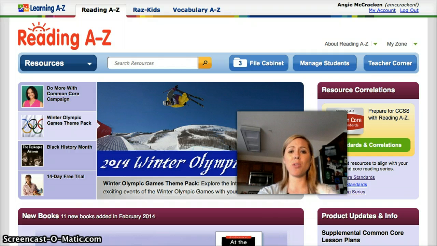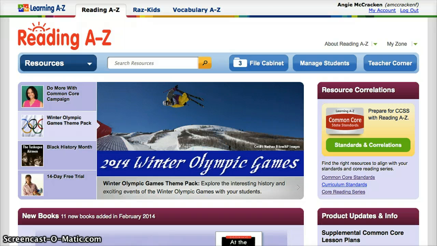I would like to share with you many exciting and diverse ways that our teachers are currently using Reading A to Z before we begin an exploration of the new features. Teachers are using resources to provide remediation to students who are struggling, provide enrichment to students who are exceeding grade level standards, supplement the core curriculum, differentiate grade level content standards, offer multiple exposures to the same types of text,